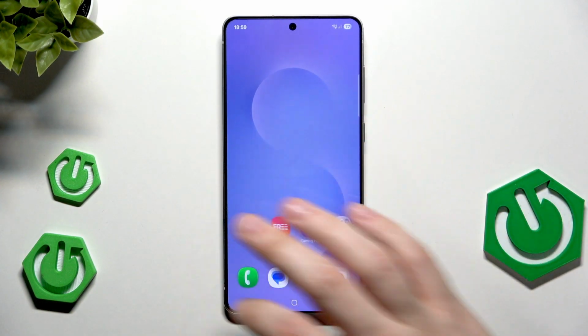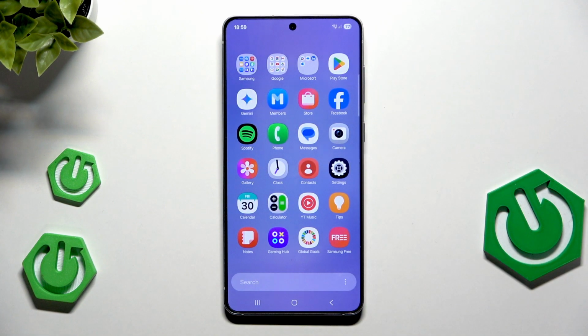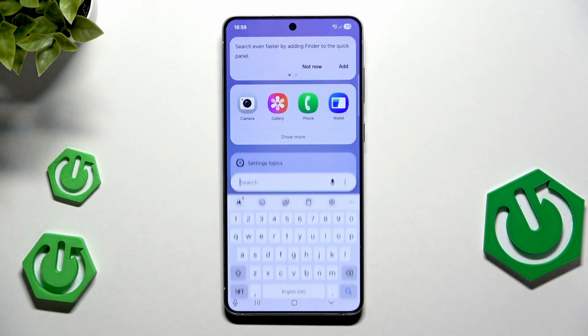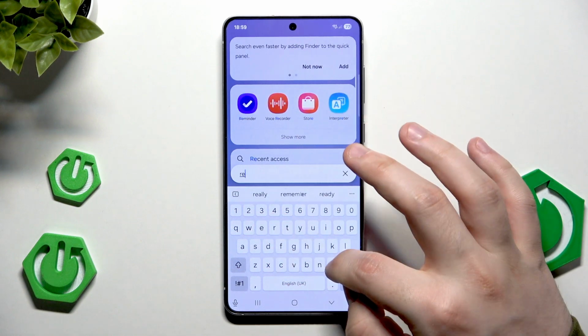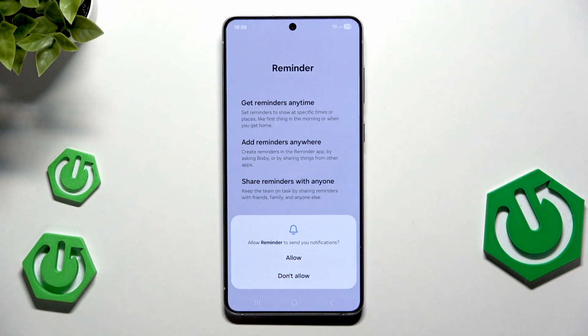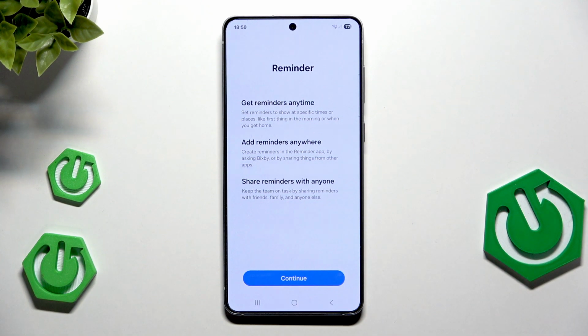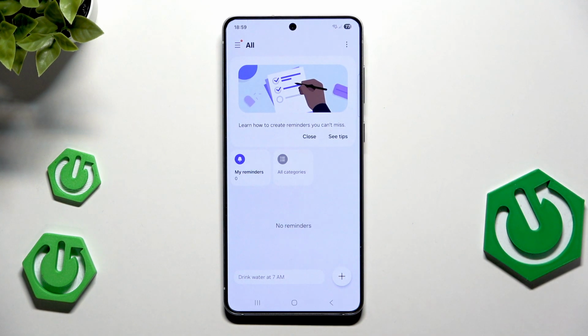Okay, so in here we need to open up more apps and click on search. Now simply type reminder, select this app, click on allow to send you the notifications. In here click on continue, and now if you want to add the new reminder, simply click on the plus